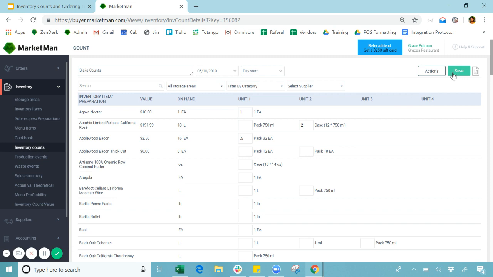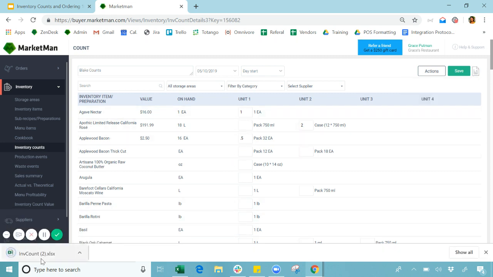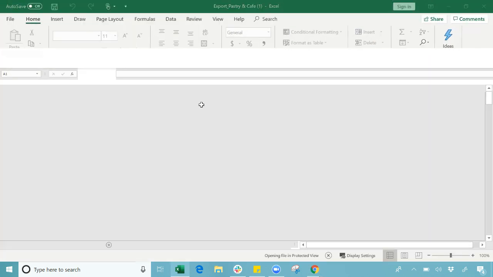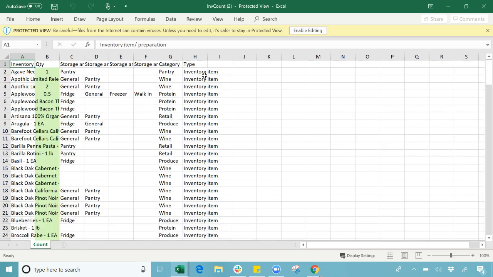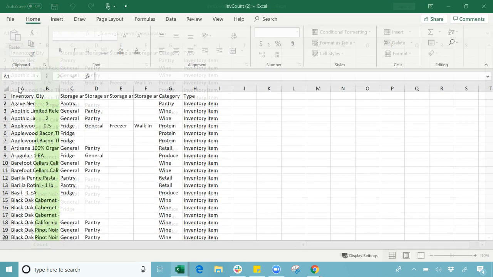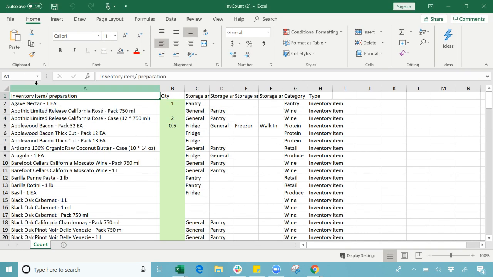The other way we can take a count is offline. To take a count offline, you'll come up to the graph icon in the right-hand corner and click Export Count Sheet. When you export the count sheet, it will open up in Excel. Here, when we open it up in Excel, we're going to see exactly how we see it in MarketMan. So we're going to have the inventory item name, the quantity, storage areas, which we'll go over after,